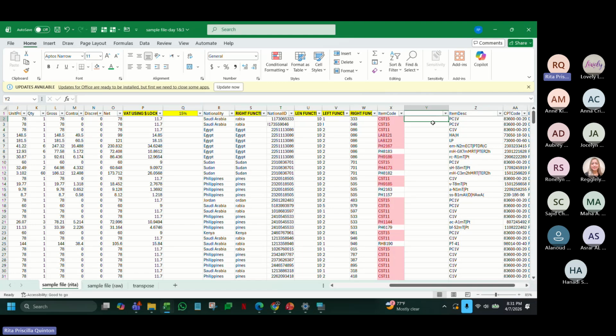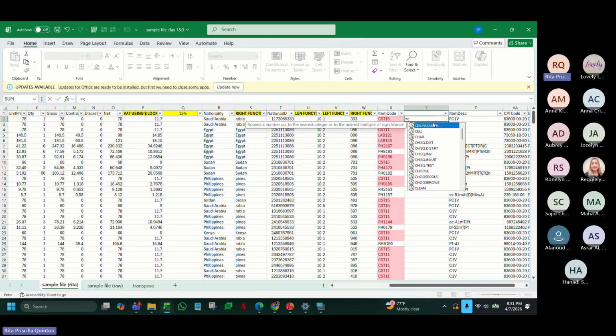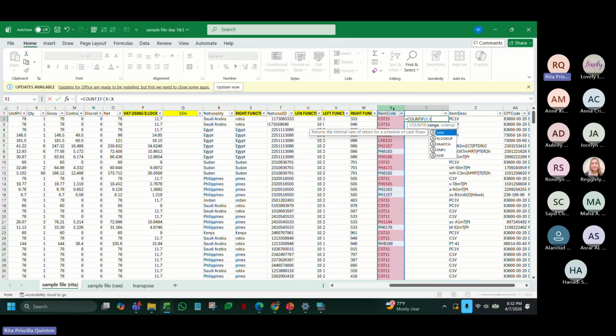So now I will make things more challenging since this is day 3. I will teach you COUNTIF. COUNTIF means it will count based on your criteria.